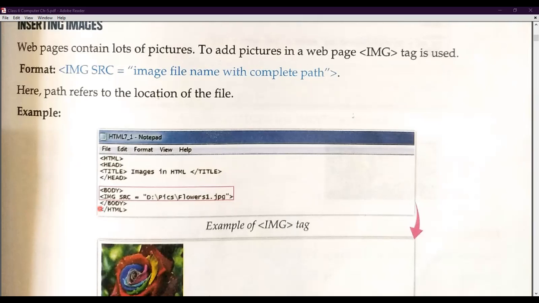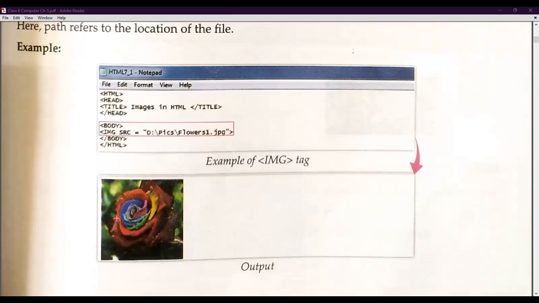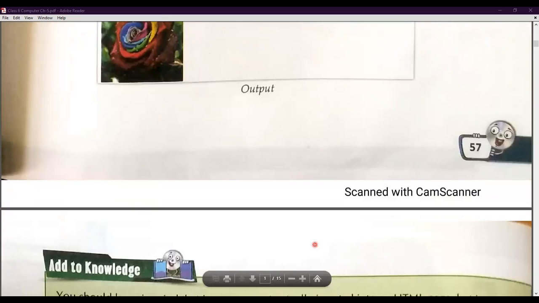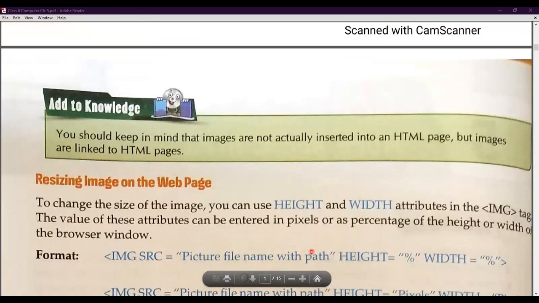just close the body, because the body content is done by us. After ending the body tag, we will end our HTML document. So this is how you can add an image in your web page. All the coding will be done in Notepad and the output will be shown in the web browser. Now moving to the next page.